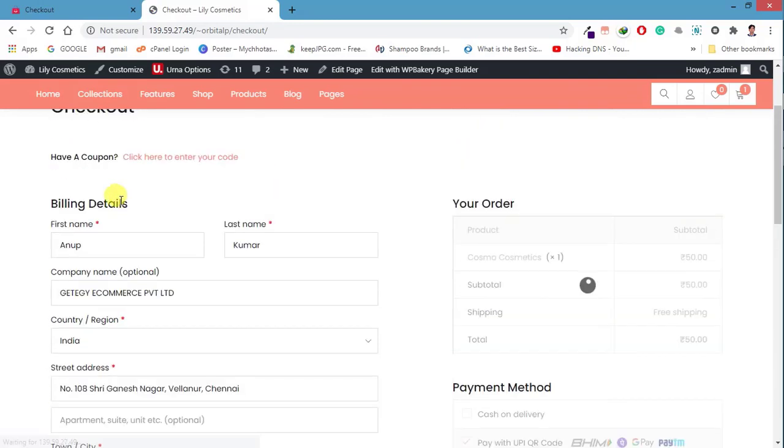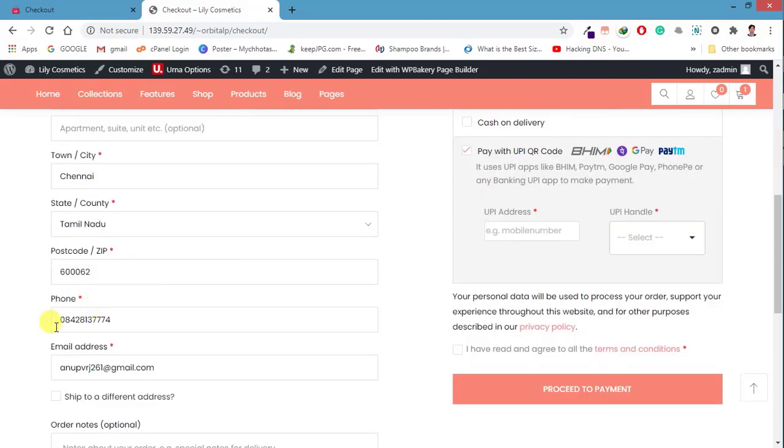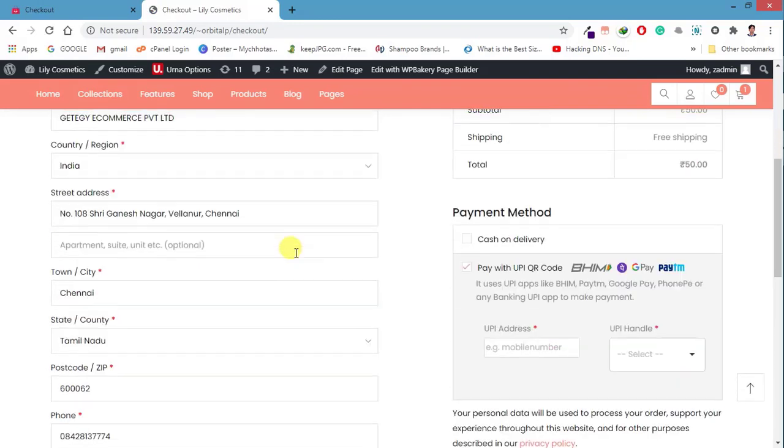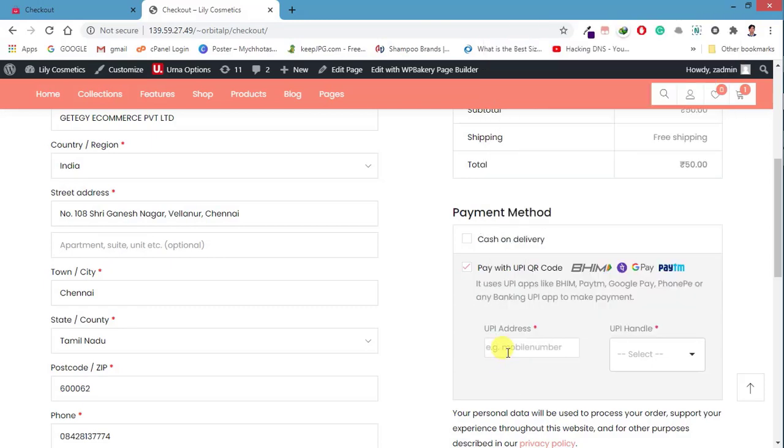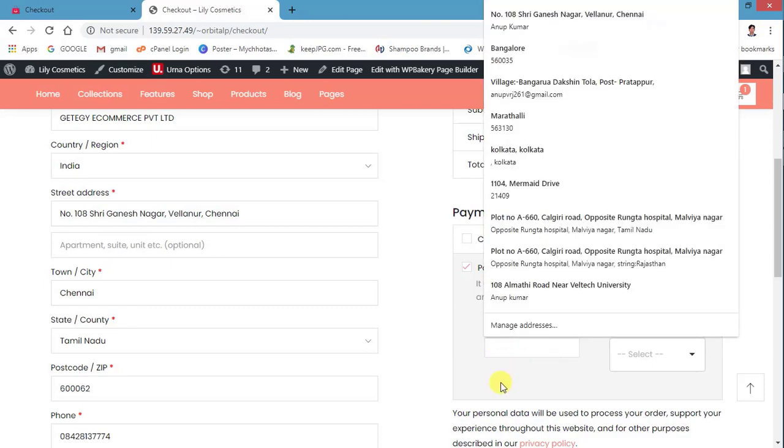Okay, so here I will keep all the basic details. The basic details I have already filled. You have to fill the basic details, and then you have to keep the UPI ID for reference, which is what I, as a customer, am going to pay with. So I will keep my PhonePe UPI ID for reference.